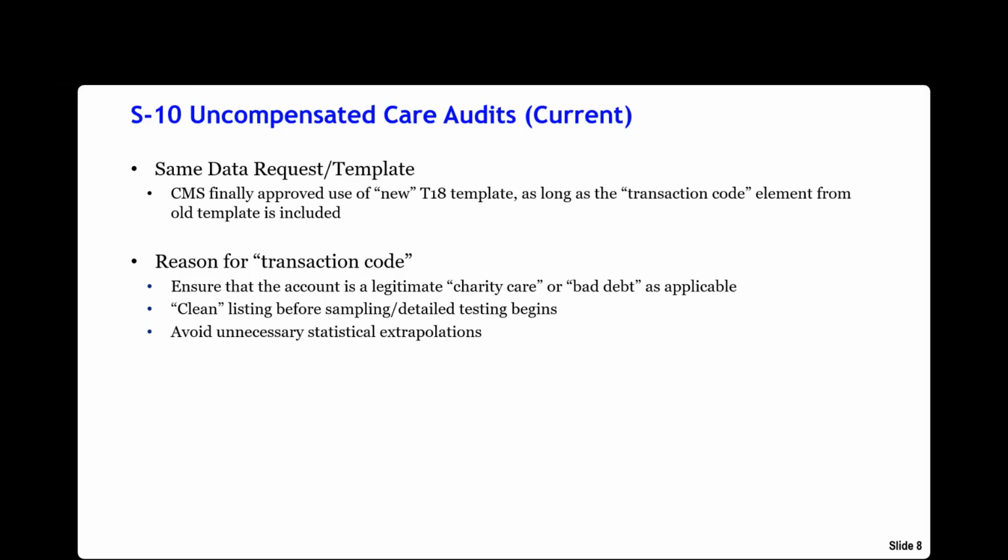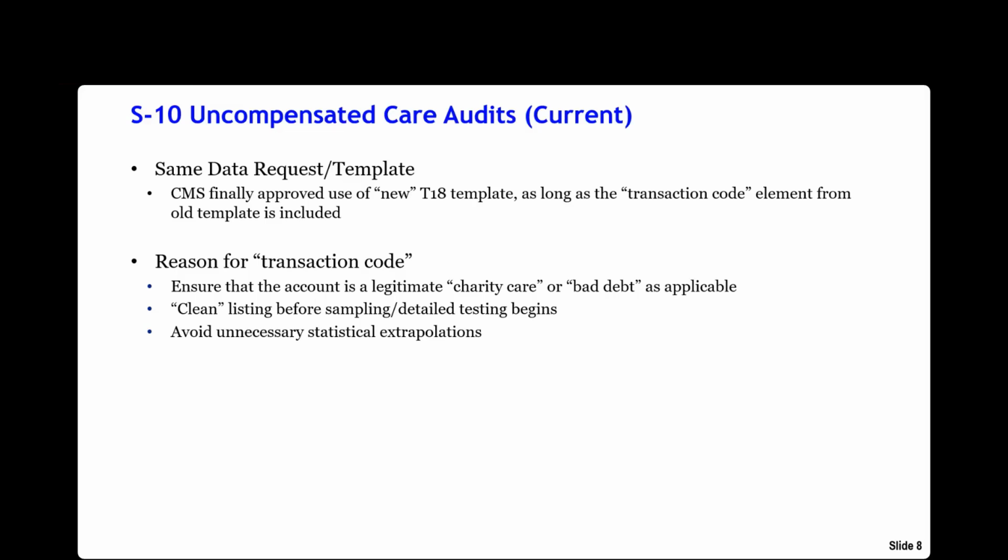The way they require us to do the audits is that we go through kind of phase 1, which is cleaning the listing up, trying to identify those obvious things that should not be allowed. Then we can clean that listing, remove those, and what's left, we'd have to go through the sampling and detailed testing for, depending on the scope. But the point is, if we don't have that transaction code, we can't do that cleanup that's required of us